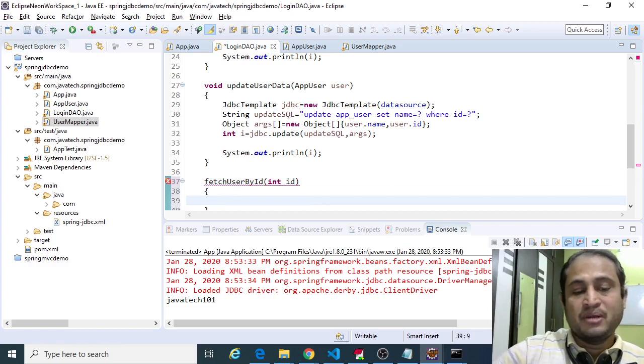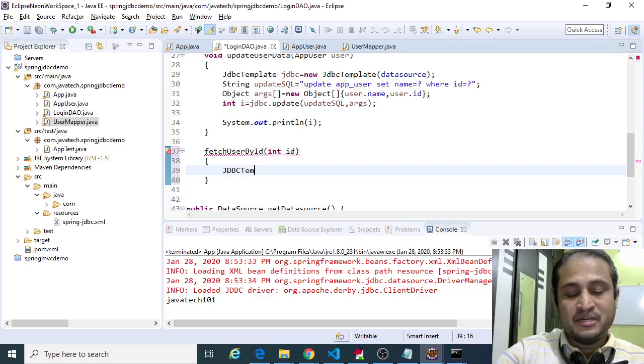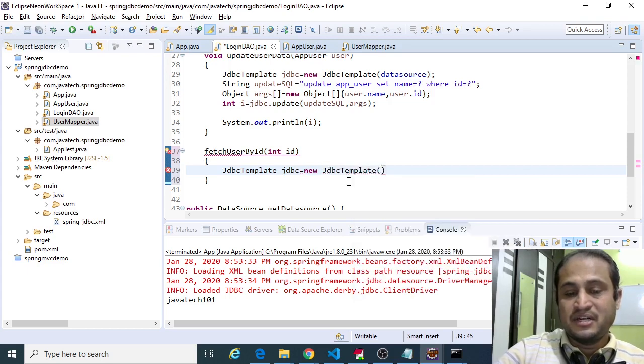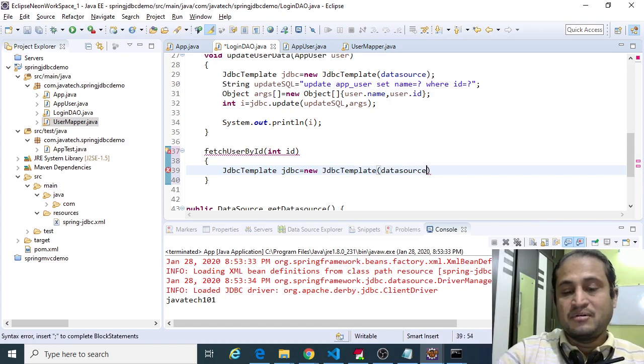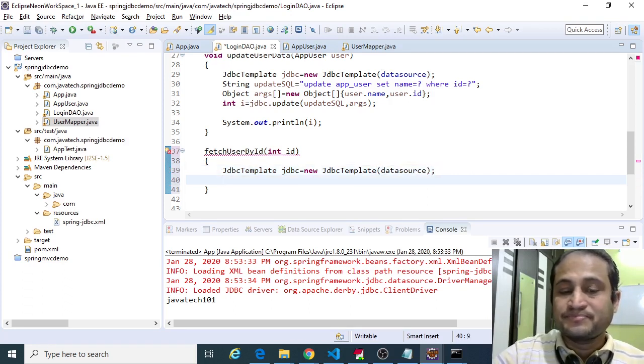Don't worry about the return type, we will see it. I am taking the JDBC template, creating a new JDBC template and passing the reference of the data source to get the context of connectivity to the Derby database.